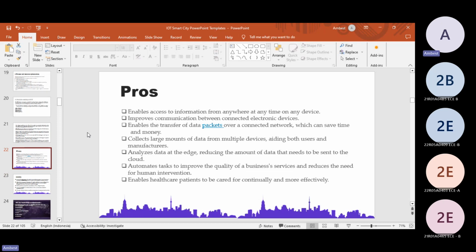it automates the task to improve the quality of business services and it reduces the need of human intervention. Just like I've mentioned before, IoT doesn't require human to human interaction or human to machine interaction. If we give some kind of application, protocol, or sensor to that application, it's going to be built in by itself, by the smart setup which we set, as smart applications. So in that way,